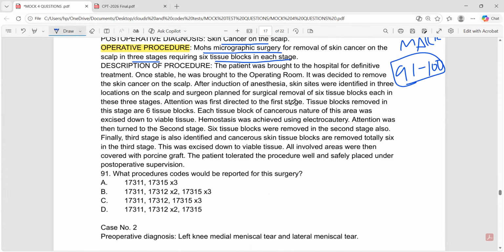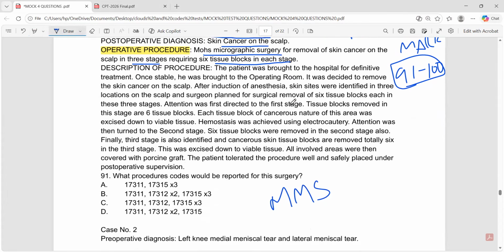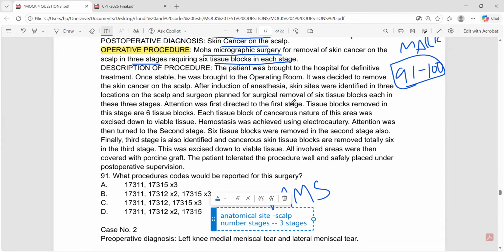Doctor, patient came with the skin cancer on scalp. Doctor performed MMS, Mohs micrographic surgery. We know, right? While we are doing the Mohs micrographic surgery, we need to see the anatomical site. The anatomical site is scalp. Next, we need to see the number of stages. What are the number of stages? The number of stages are 3 stages, right? Total 3 stages. He mentioned that total 3 stages requiring, and next we need to see the number of tissue